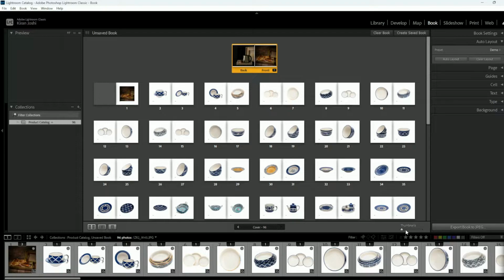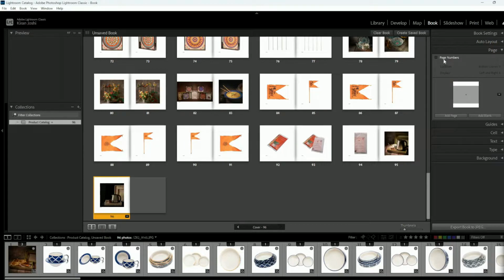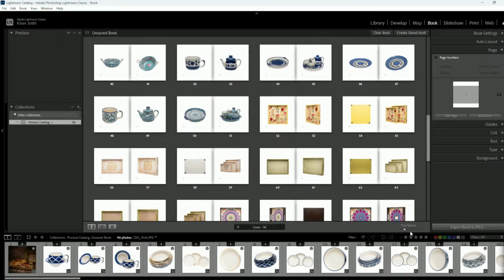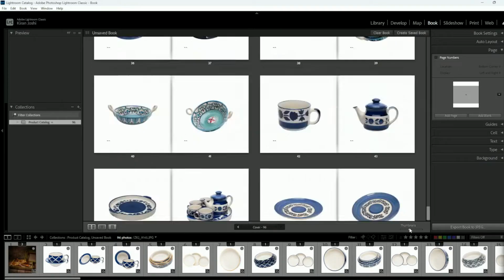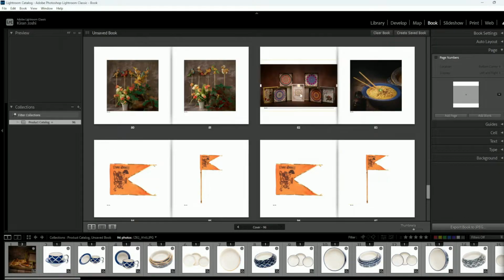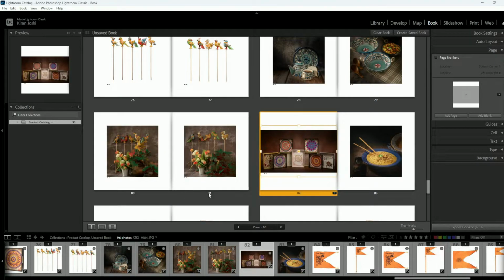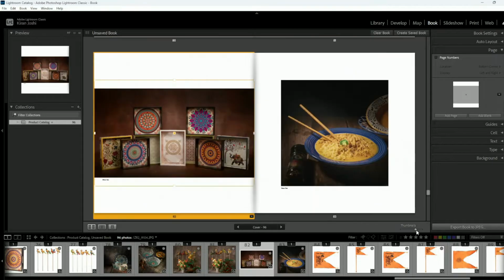So now once this is done, we can go to the next tab and see what are the rest of the settings we can do in this. So I'll just enlarge the view a little bit so that we can see what I am going to do. Okay, so now if you want to have the page numbers, you can enable this,